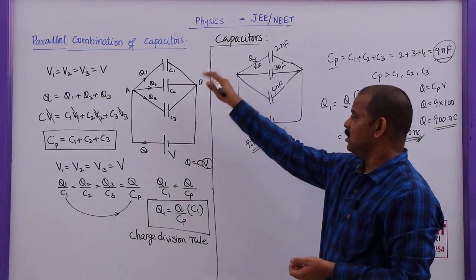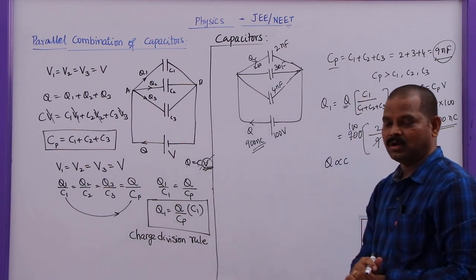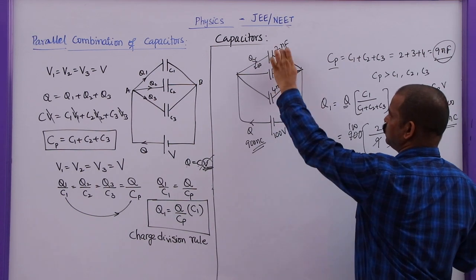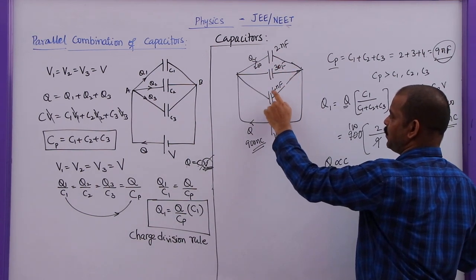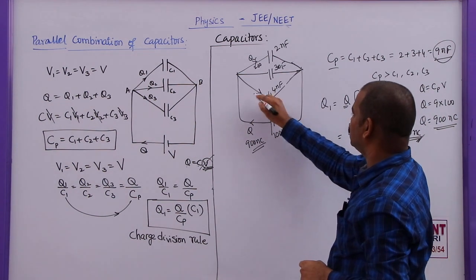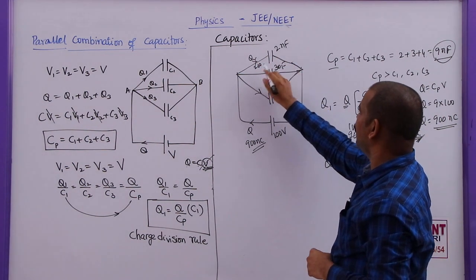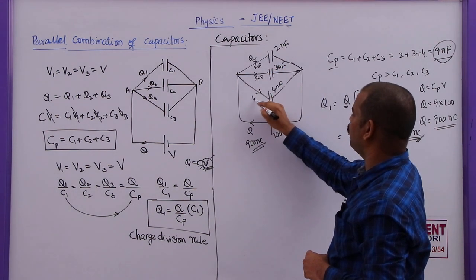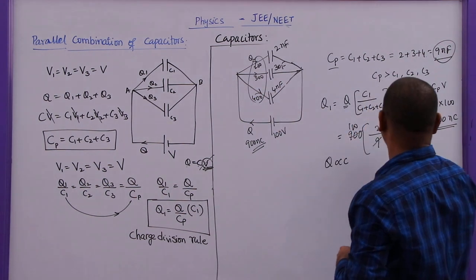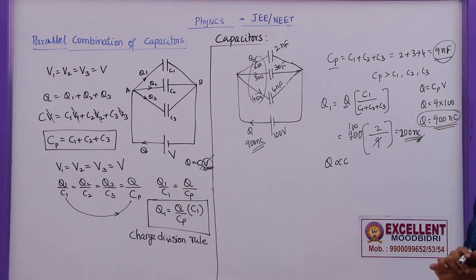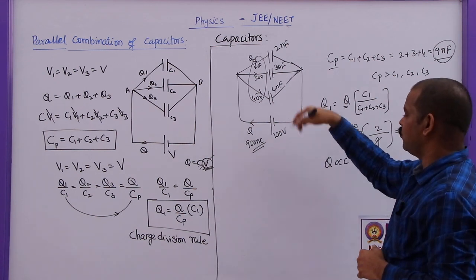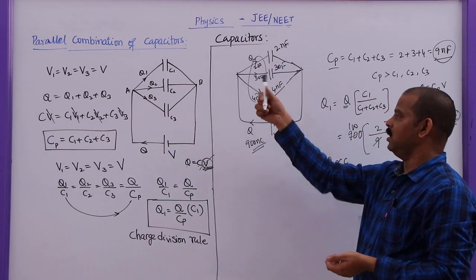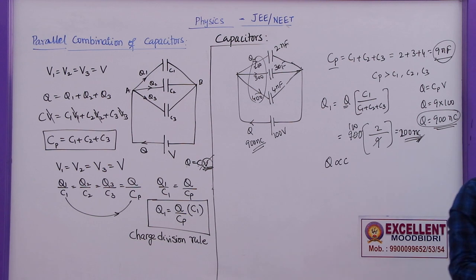to C. Why? Because in parallel combination potential remains constant. So, whenever the capacitance is more, charge is also more. So, out of these 3, 2, 3, 4, it is having more capacitance. So, more charge will pass through this one. So, based on this, as Q is directly proportional to C, for 2 nanofarad 200, for 3 nanofarad it will be 300, for 4 nanofarad it will be 400, and the sum of these 3, we know that the total charge is 900 nanocoulombs. So, this is how you can find out the charges that are going to pass through different branches of a parallel combination of capacitors.